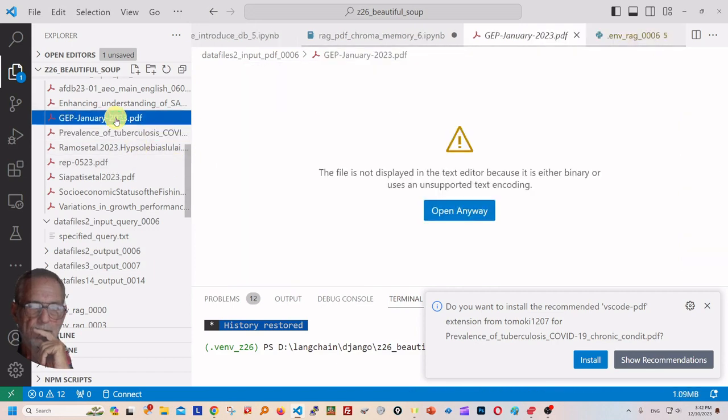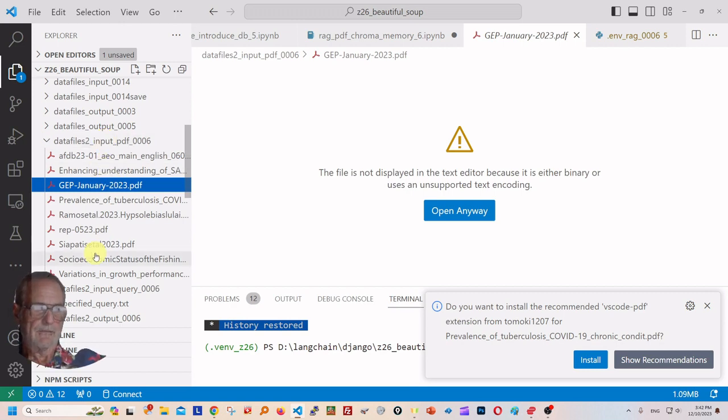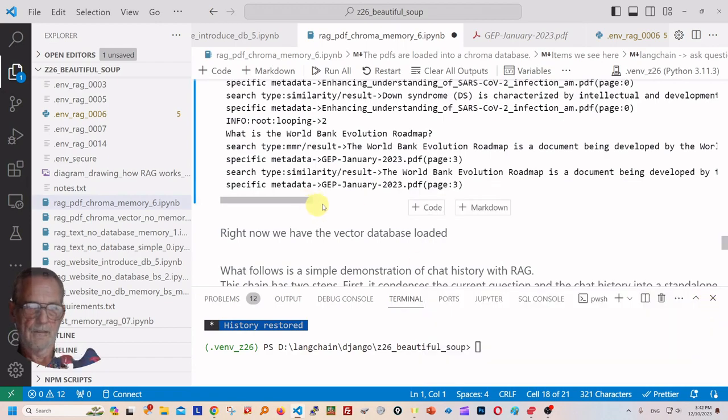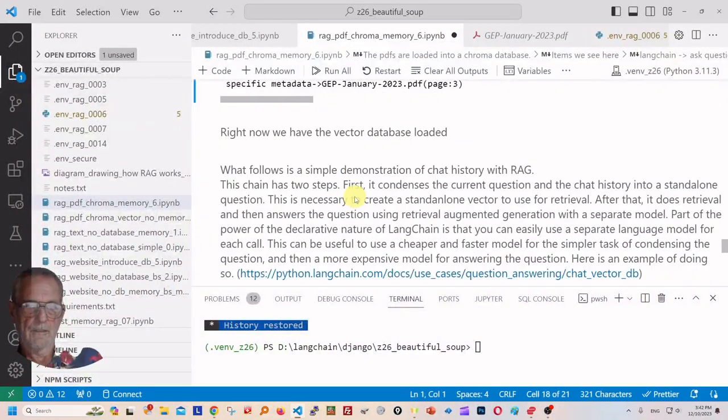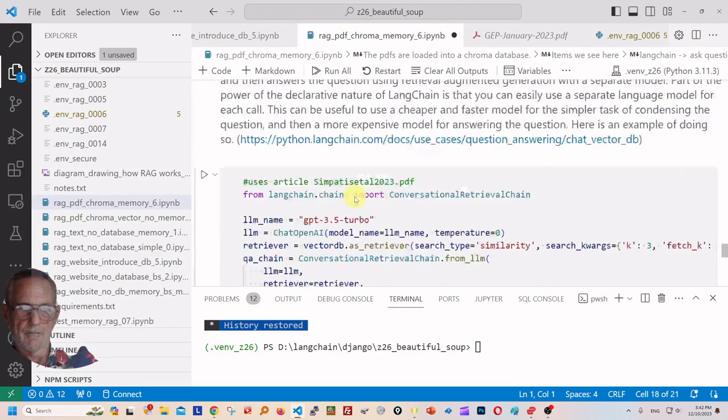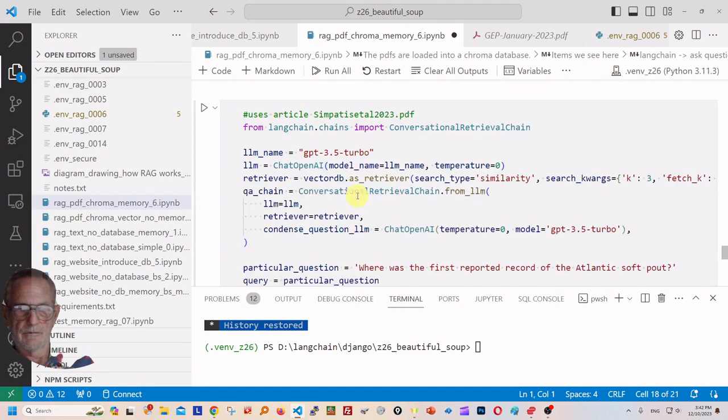I'm not sure why it's not letting me open the PDF documents in there, but anyway, you need a PDF reader. You could look through the documents, ask any questions you want, and double check the results. The results should be spot on. Okay, so we've done that. That's all working good. Now what we want to do next is